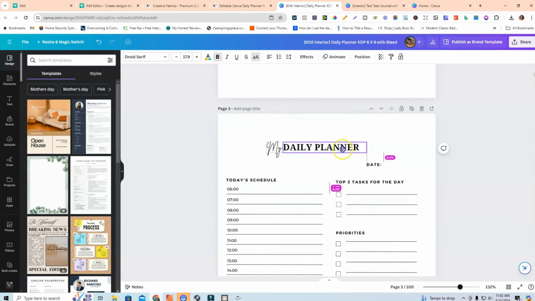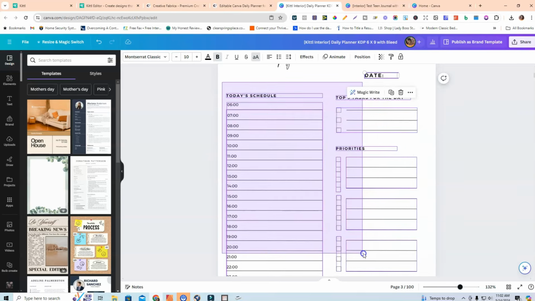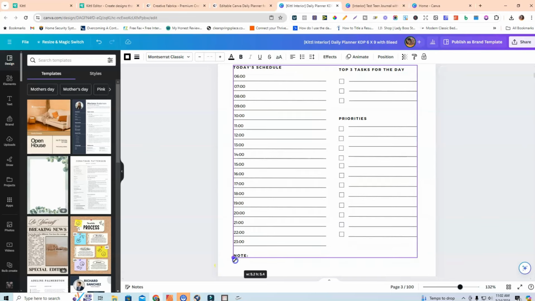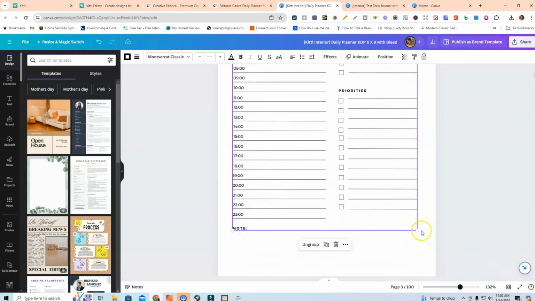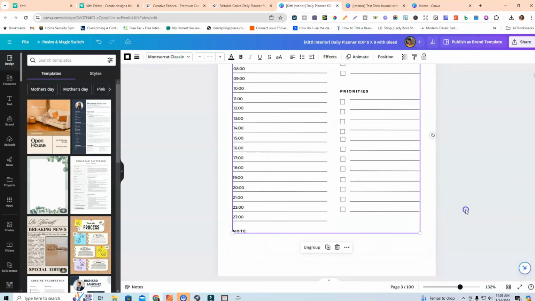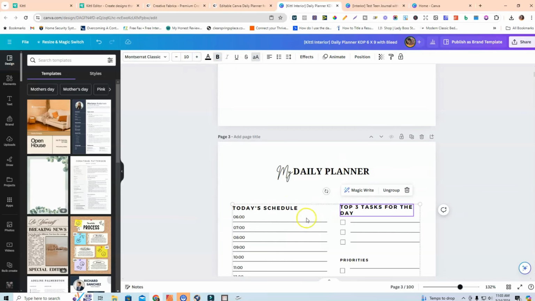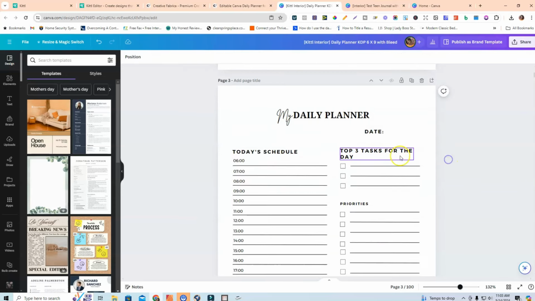So first things first is what I'll probably do is bring this in the middle. The date, this is kind of small, so I can make this a 10. All right, and then what I can do here is I'm going to go ahead and highlight all of this, and I'm going to group these things together, and I want to bring this in a little bit because I know it's probably going to be outside of the margins here. All right, so we can do that. All right, and so now what I want to do is I'm going to start making this text a little bit bigger, and this is what size? That's a 9.6. I can actually make this a 10. Probably make this a 10. Okay, and I can ungroup,